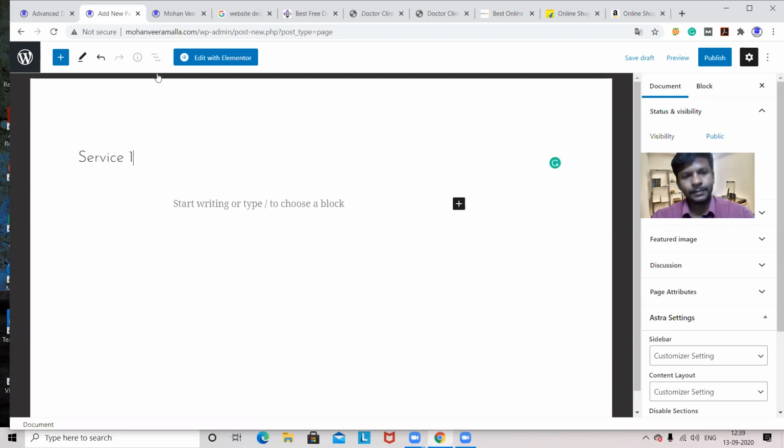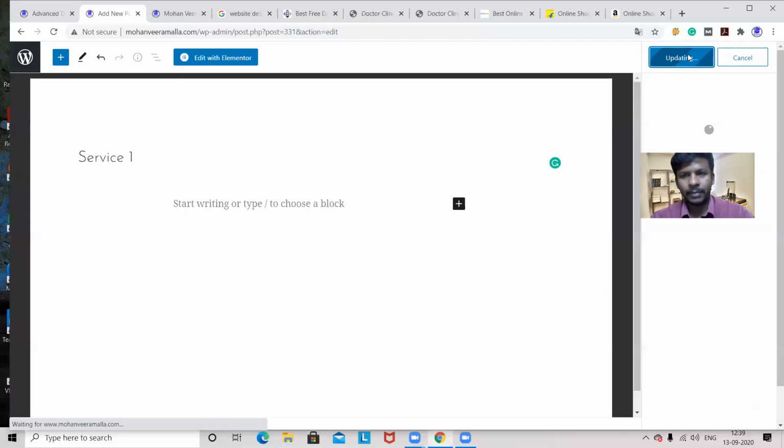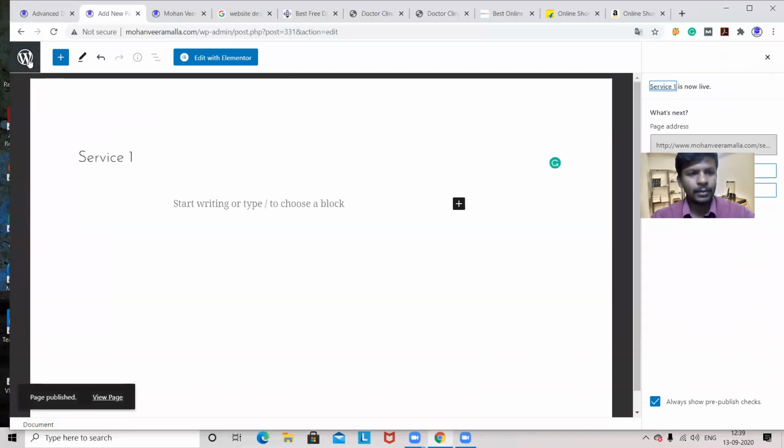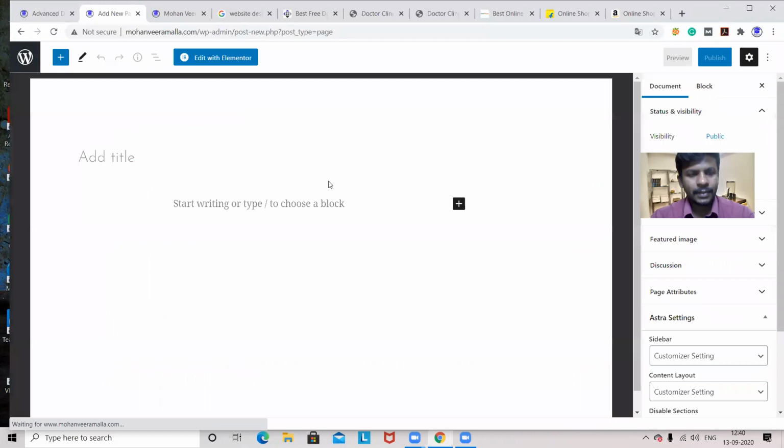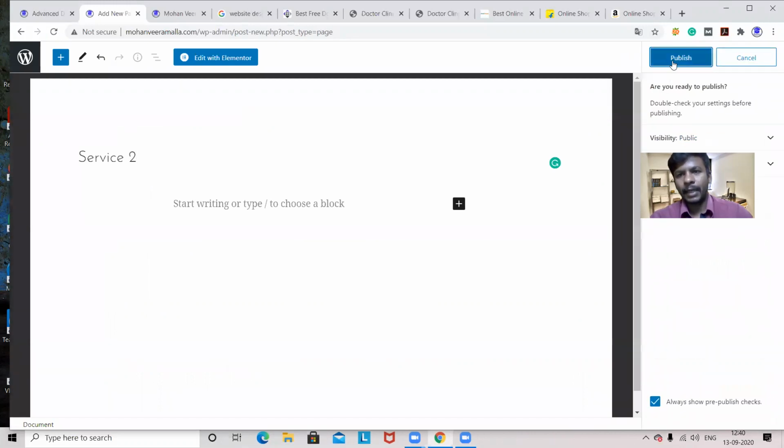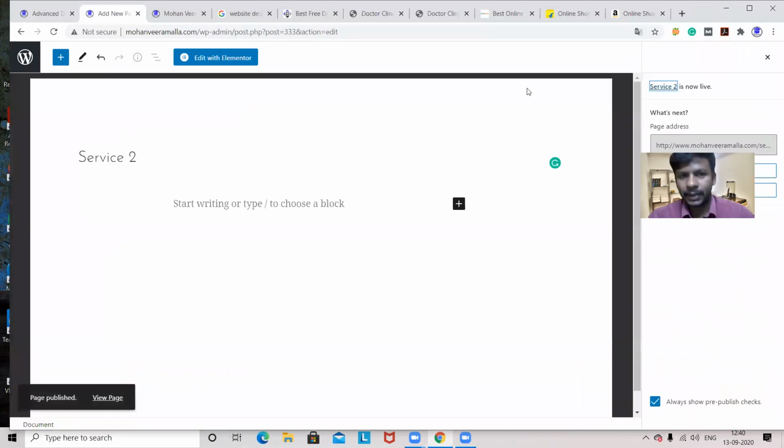I'm creating a page called service 1 and I'm publishing it, and I'll go back to WordPress again. Here I'll create some other page. This page I'll name it service 2. Okay, 2 things I created. Now I want these 2 things under services.